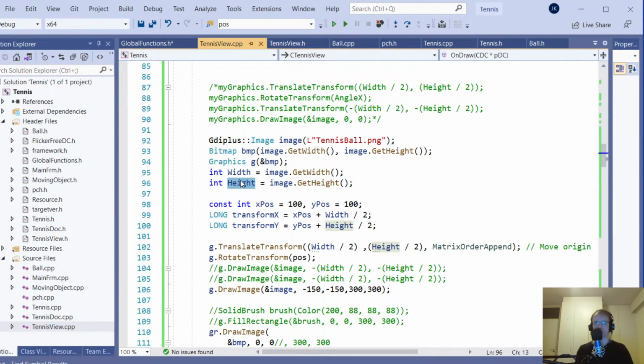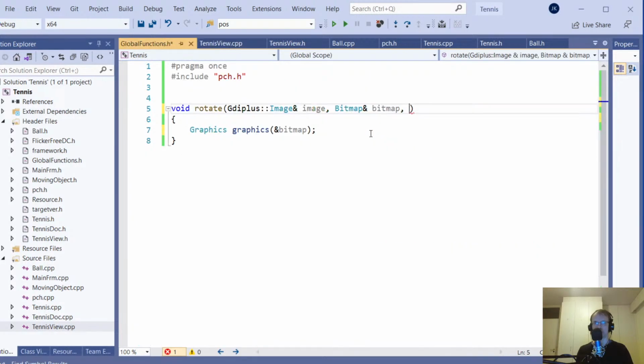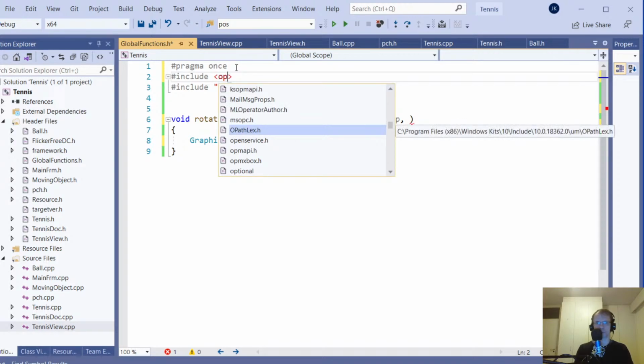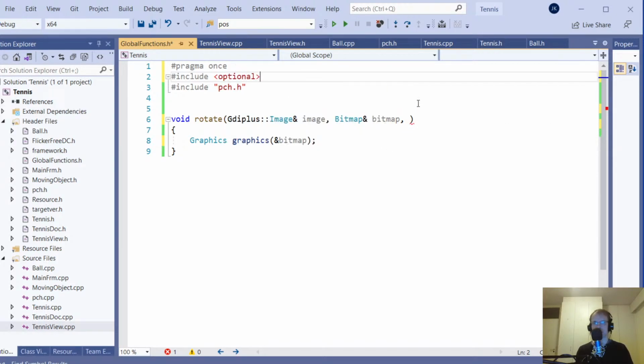I think I might need to use the optional word here, because rotate doesn't need to be optional. I think it needs to be optional. Yes, because we can't calculate that value here. I think it probably needs to be optional in this case. So optional, and then I'm gonna put here std optional int